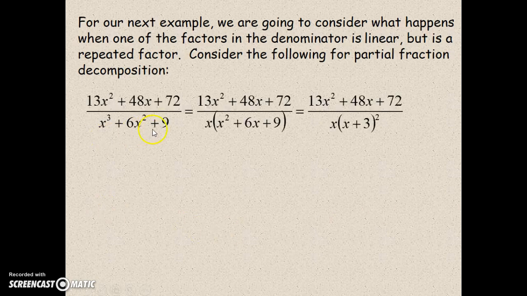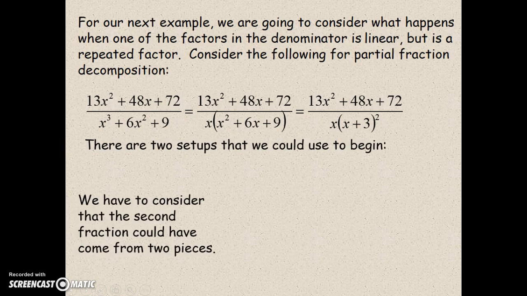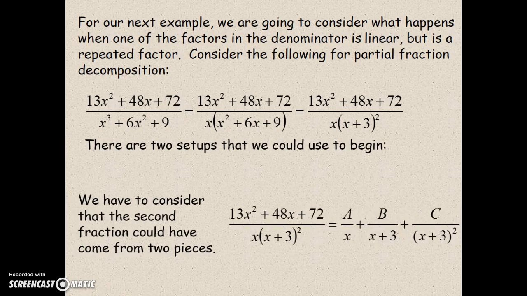Here, if we look at our denominator and we factor it out, we have a repeated linear factor. This is x times x plus 3 times x plus 3. And so we have to set that up a little bit differently than we would any of the other two that we have done. What's different about it, we don't have to put any x's in the numerator because